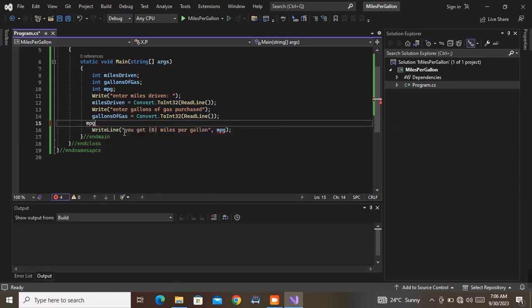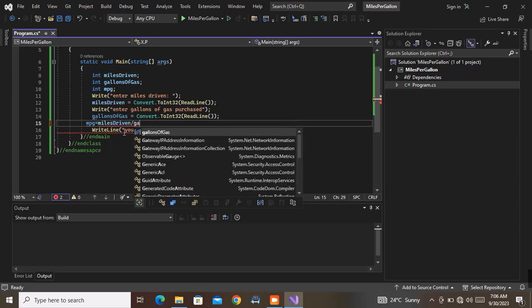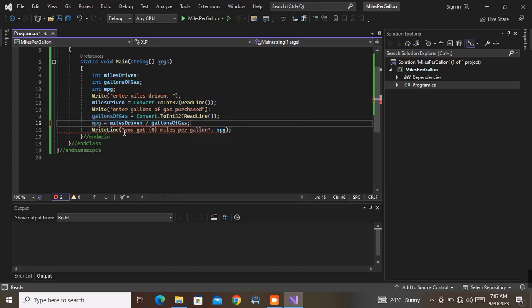MPG is equal to the miles divided by gallons. Okay, this is fine. I know that when this is happening, there is a possibility that there might be an error that is thrown here